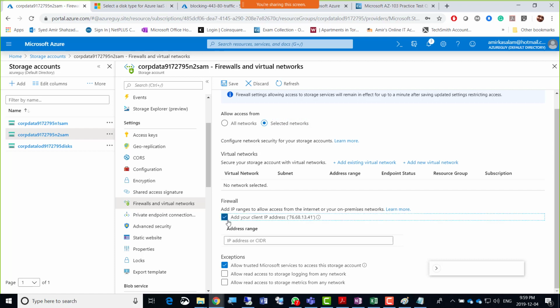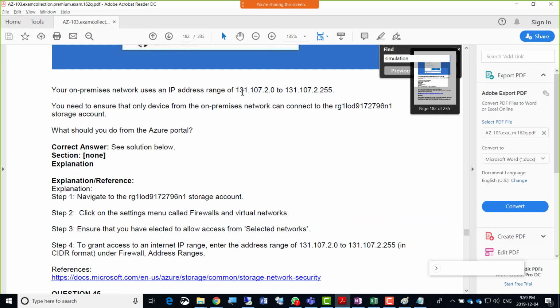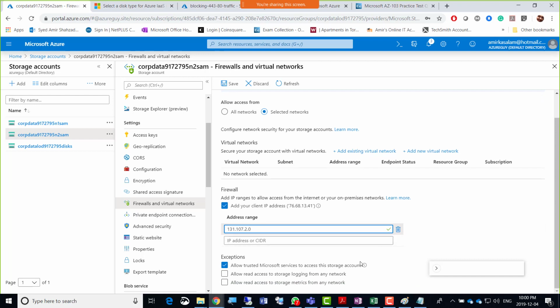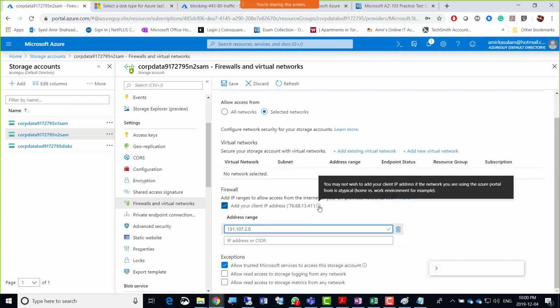So I'll click that, add CIDR, add address range, and then we can just give that range here. So 131, but in order to give the full range here, it says you may not wish to add your client IP address from its physical home. So add client IP address.